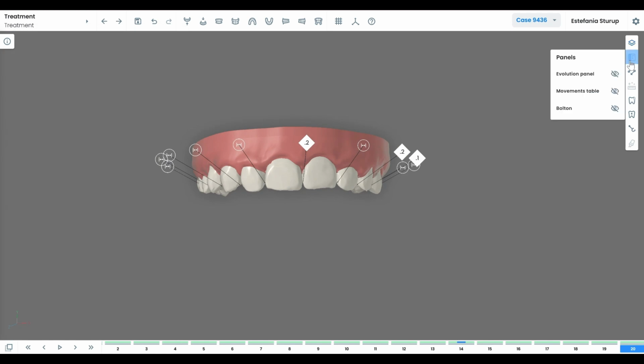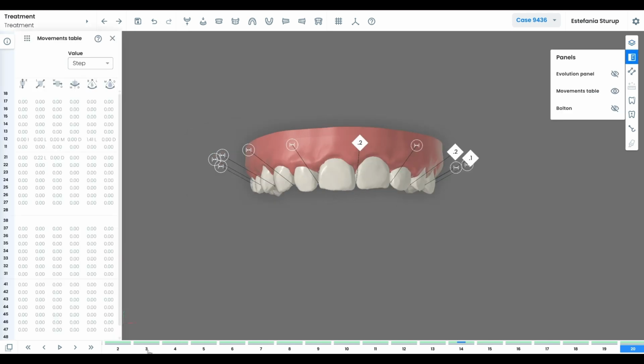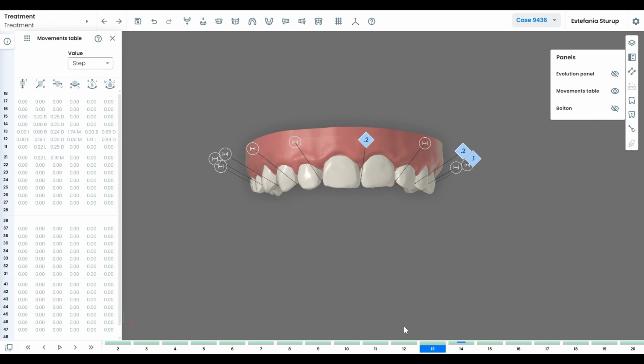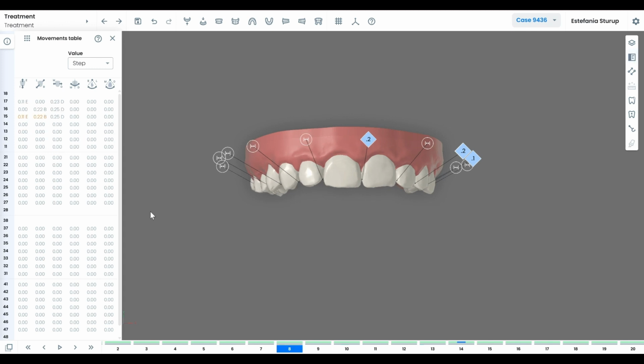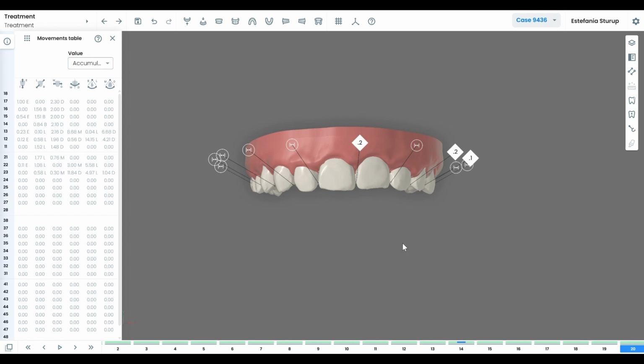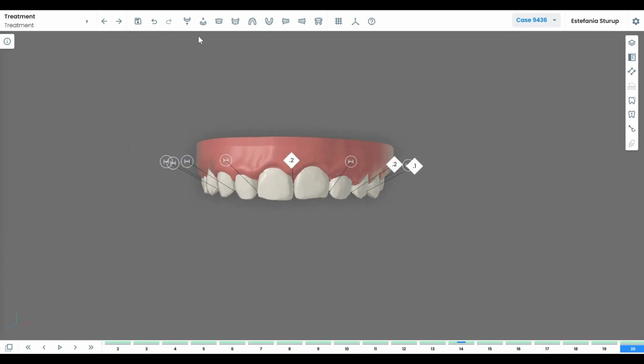As I was telling you before, we have the movements table where I can see step by step how much movement I have in each tooth. Okay. And if I wanted to see accumulated, it would be the accumulated movements I have from step 0 to step 7, 8, 9, or till the end of the treatment. And if I want to see the total, this one does not change because it is the total movement of the teeth in the treatment. Perfect. Let's go ahead and